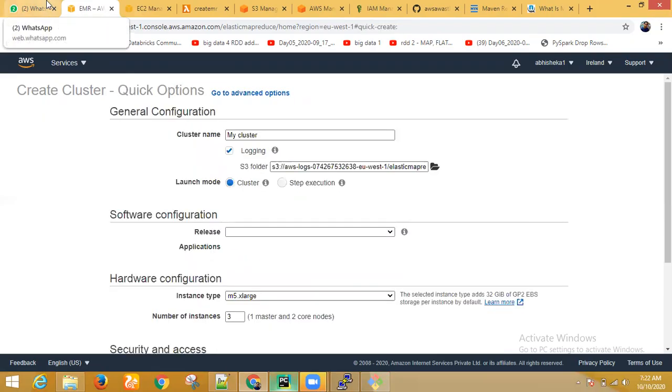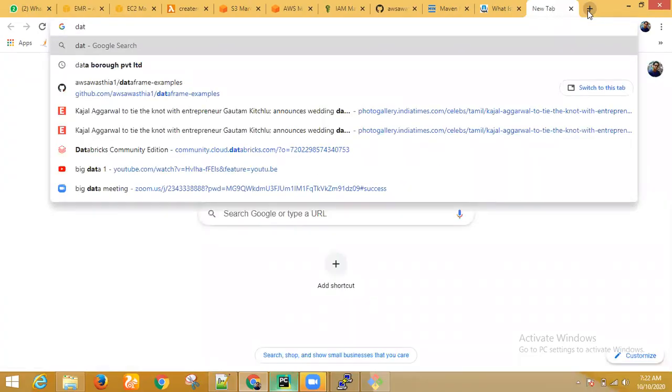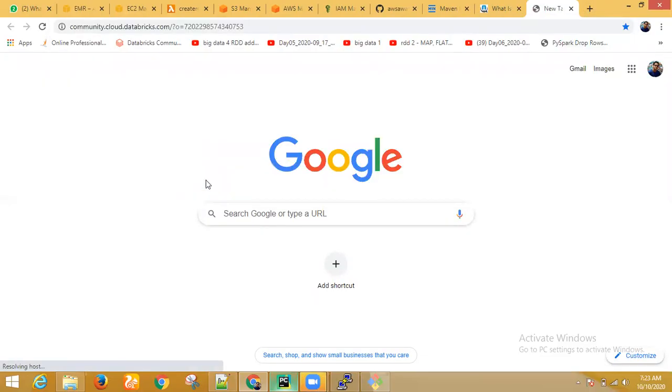Apart from that, I was just saying how you'll be executing the same on a Databricks notebook. You can go to Databricks Community Edition and read data from, say, some S3 bucket.